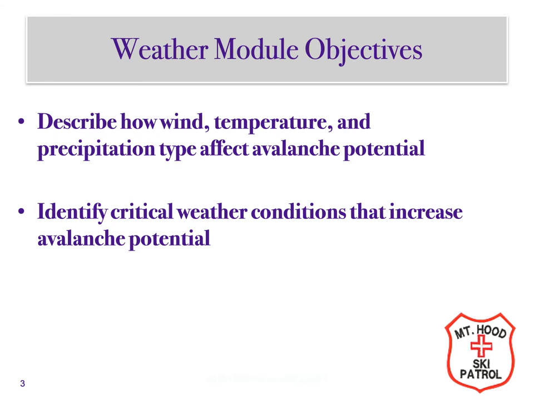Our goal today is not to make you meteorologists or weather forecasters, but rather to give you the tools and understanding to assess if the weather is increasing or decreasing the avalanche risk. In particular, understanding the critical threshold values where wind and precipitation significantly increase avalanche risk is important. Also, it's important to be able to assess trends in temperature and precipitation and the impact these trends have on